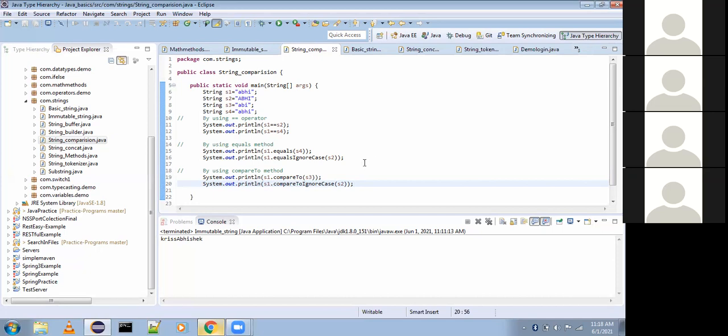See guys, here it compares the ASCII values and then gives the comparison values. If both exactly match, it gives 0. If the ASCII value of this one is greater, then it gives you the plus. If the ASCII value is less, then it will print the minus. It all depends upon the first string. If the ASCII value of the first string is greater and the difference is there, it will give you the positive value. And if it is less, then it will give the negative value.